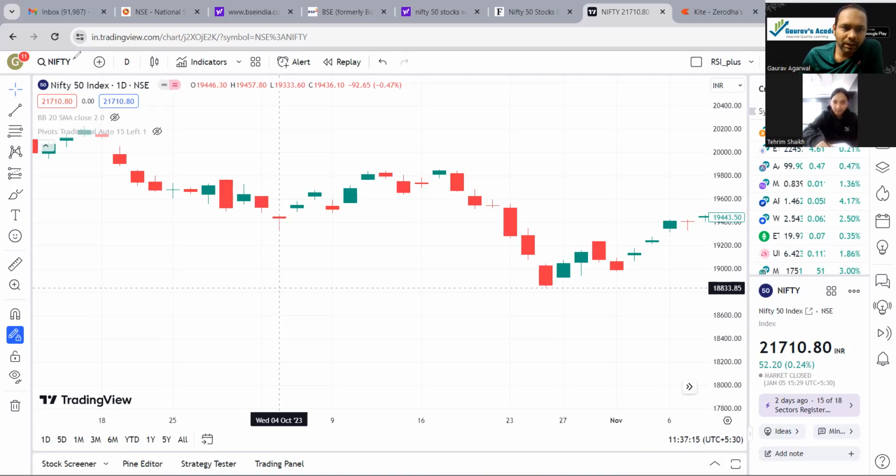So open price is 19446.3, high price is 19457.8, low price is 19333.6 and close is 19436.10, right? Okay. तो अब आप मेरे को कैलकुलेट करके बताइए, अगर हाई प्राइस ब्रेक होगा तो क्या होगा और लो प्राइस ब्रेक होगा तो क्या होगा। कोई डाउट हो बीच में तो पूछ लीजिएगा।